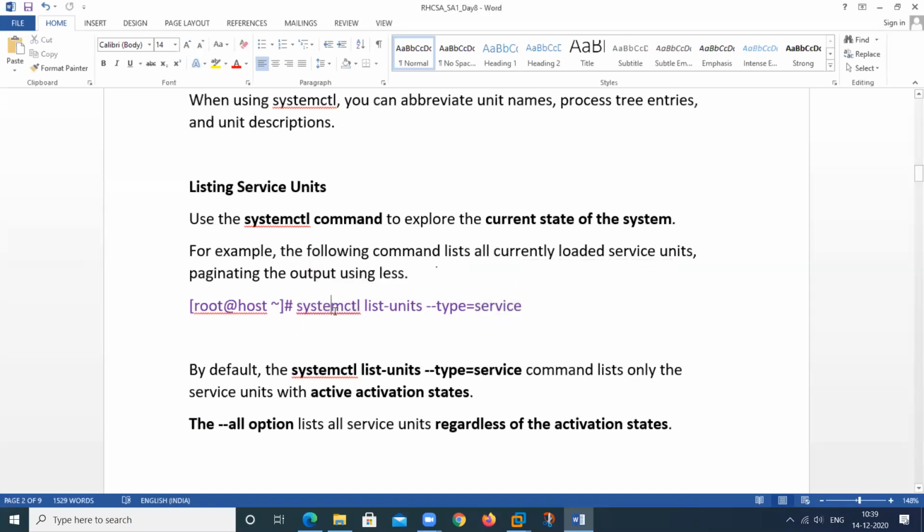So systemctl is a command used to list the units, and this will list all the service units, not any other units. So how to show this? I will check.